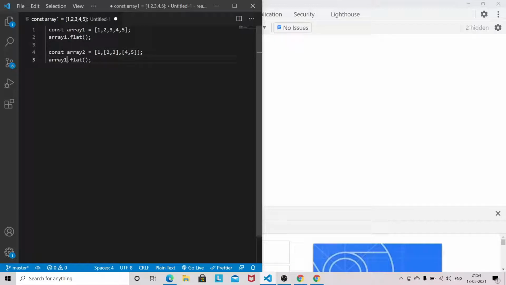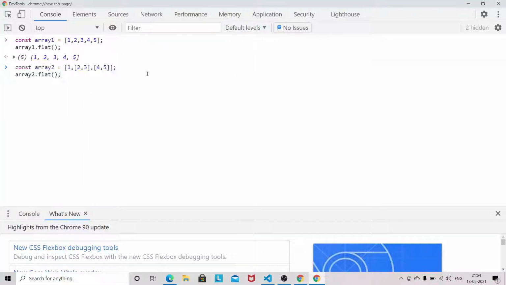I will rename this one, copy it and paste it. Now you can see this array got flattened. So this is the flat method, which was introduced in ES2019.